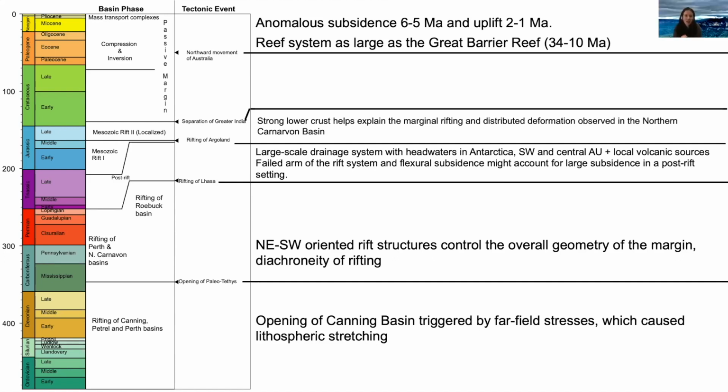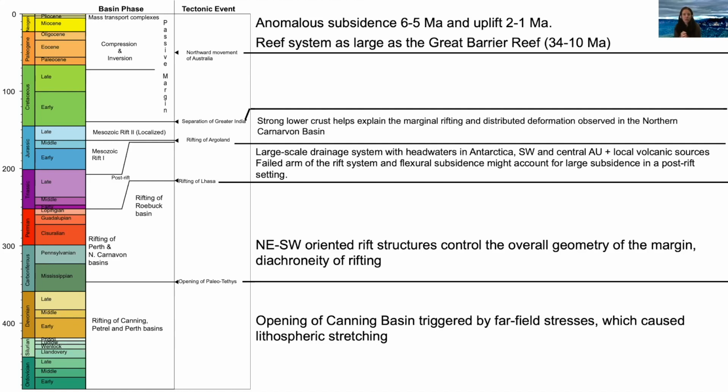Yeah. And we hypothesized that the failed arm of the rift system plus the flexural subsidence of this large sediment pile might account for some of the large subsidence in a post-rift setting. And then in the second rift, we have a strong lower crust that helps explain the marginal rifting that we observed in the Northern Shelf and the distributed deformation that we observed in